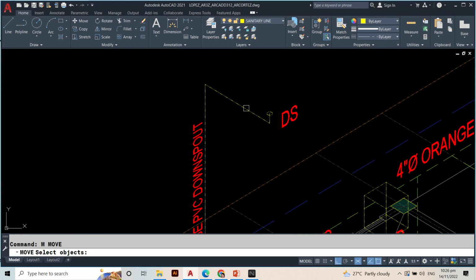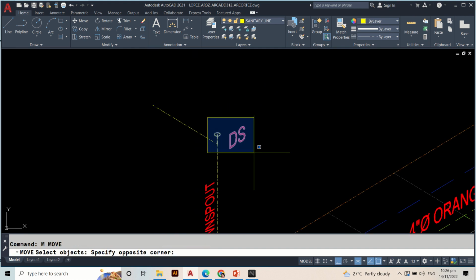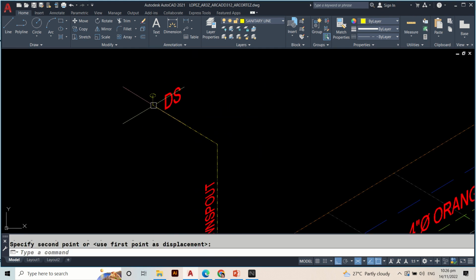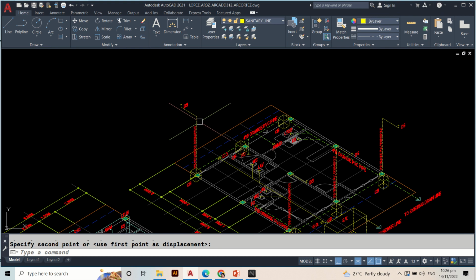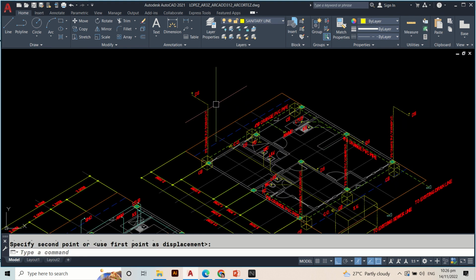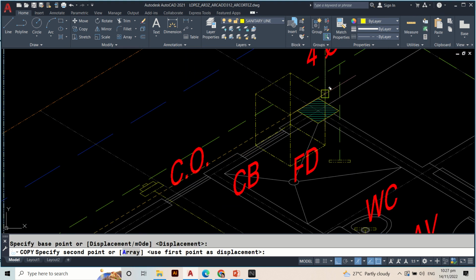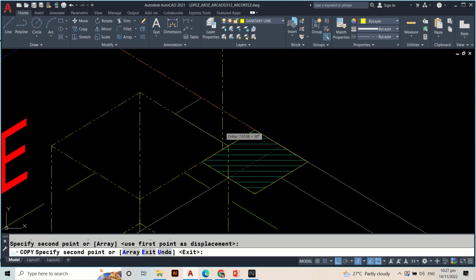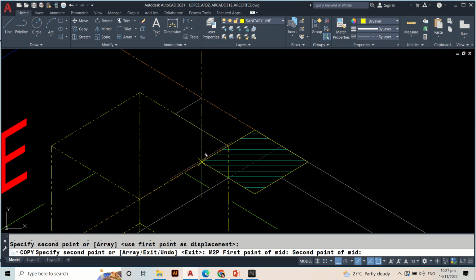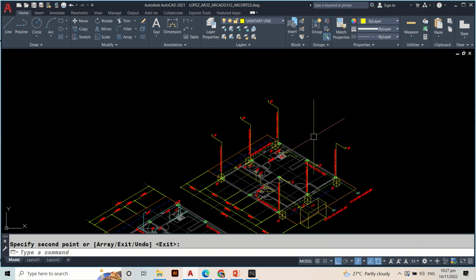I'm going to move this one here. M. Yan. Lagay natin dito. M. Yan. Doon kasi siya sa kabila. Actually, pwede siyang i-mirror, but wag na. I would rather do it that way, lalo na naka-isometric tayo. Baka maging iba yung kalabasan niya. So, I'm going to move this a little upwards. And again, that's copy. Going to snap up there, midpoint. And this is another M2P. 1 and 2. Enter. We're good. Except doon sa